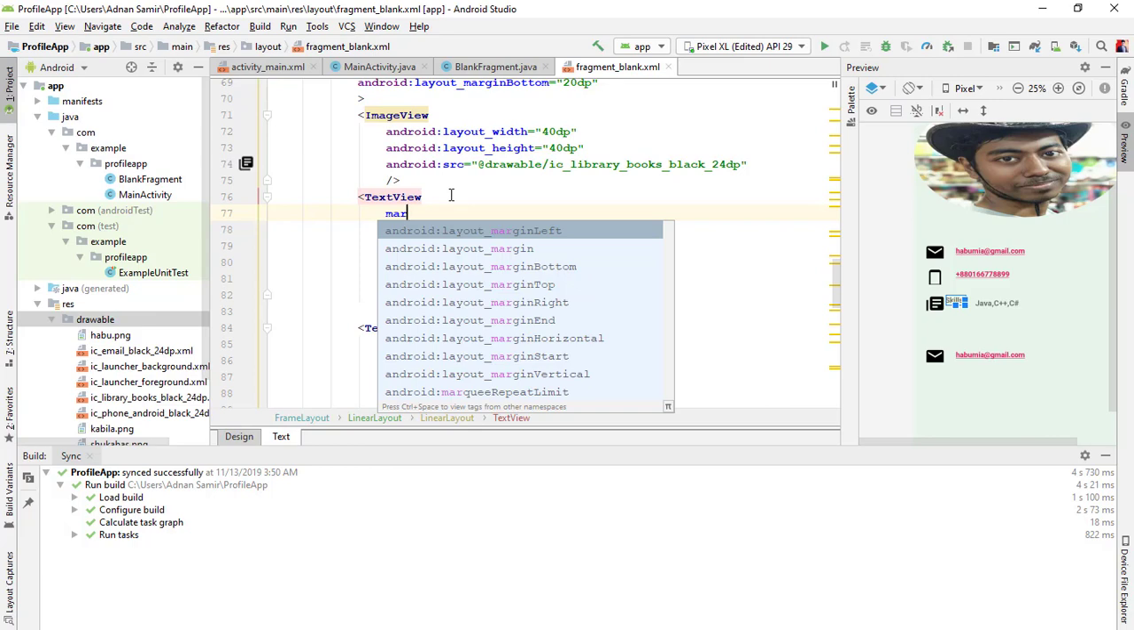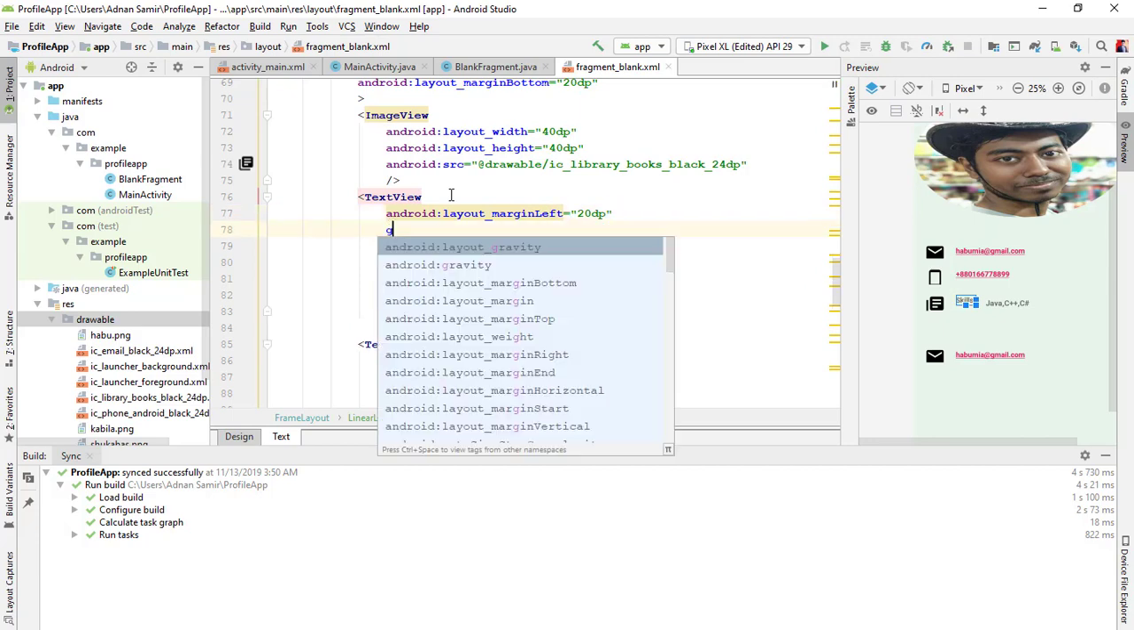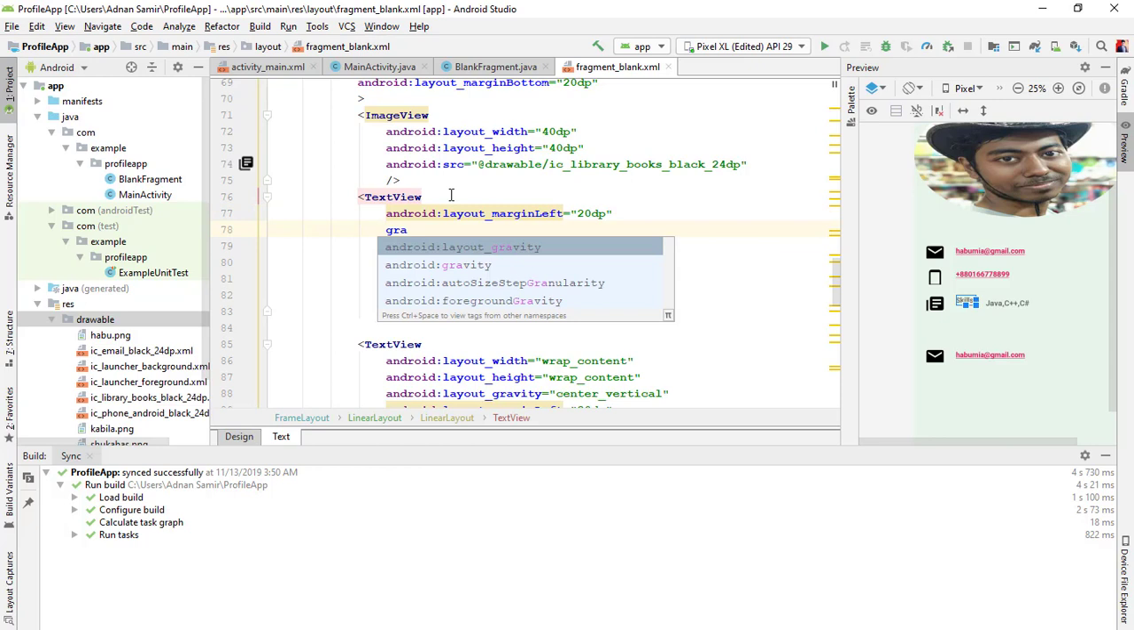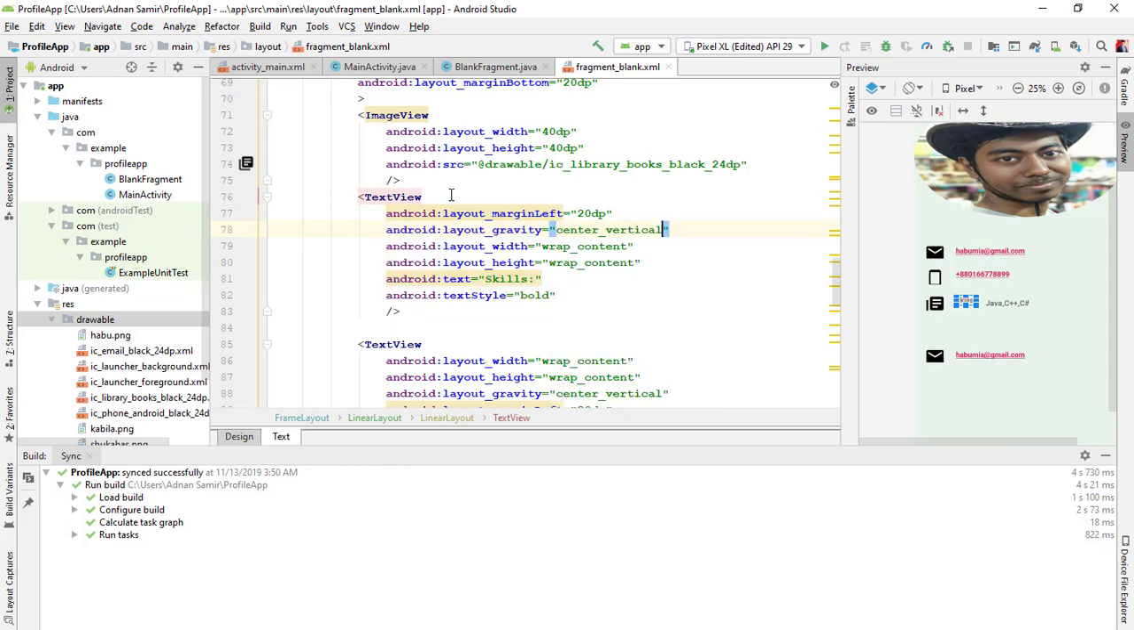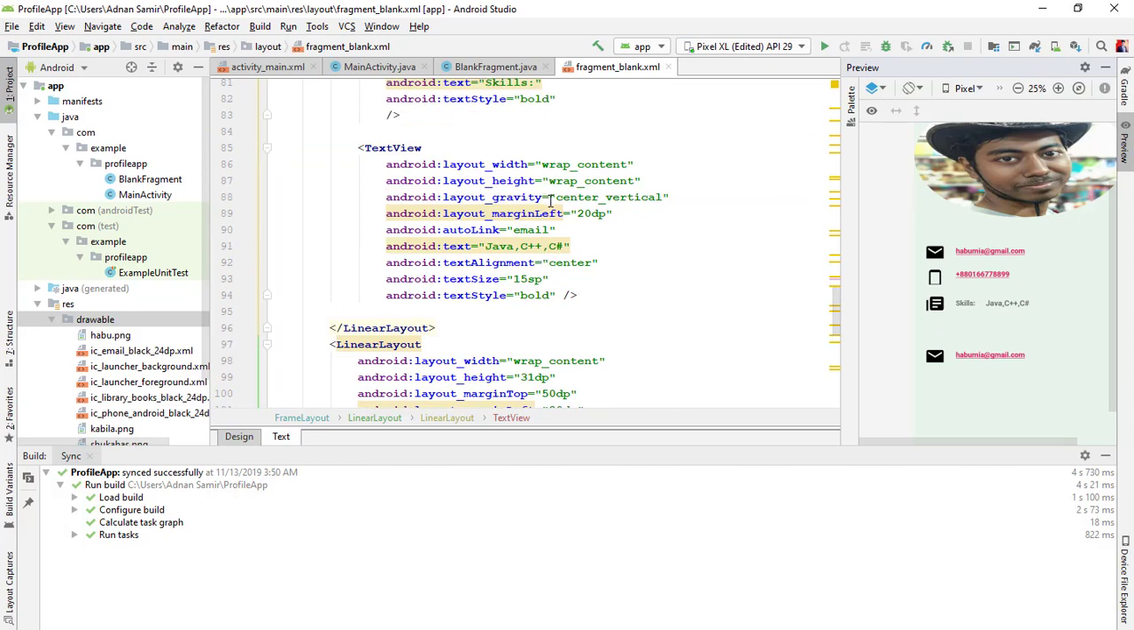Margin left is 20 dp, and gravity is central vertical. Now it comes in the line, yes, and we just set margin left 20 dp, this will be 4 dp, like this. Okay,